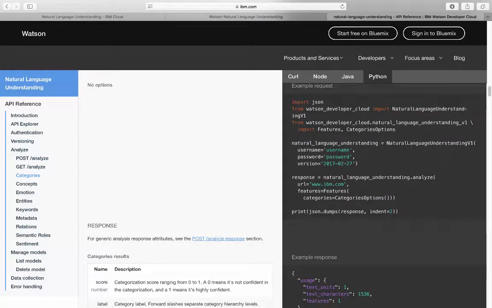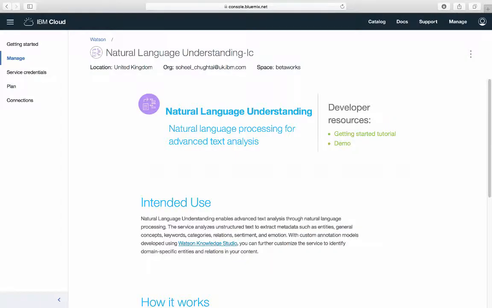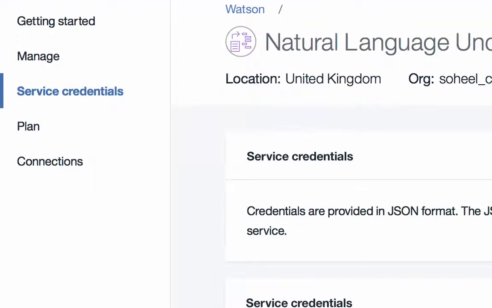And here we can see an example which looks very similar to the code that we have in our application. We need service credentials for natural language understanding, and we get those credentials from the IBM Cloud. So go back to the IBM Cloud, find our instance of the service, natural language understanding, click on service credentials,